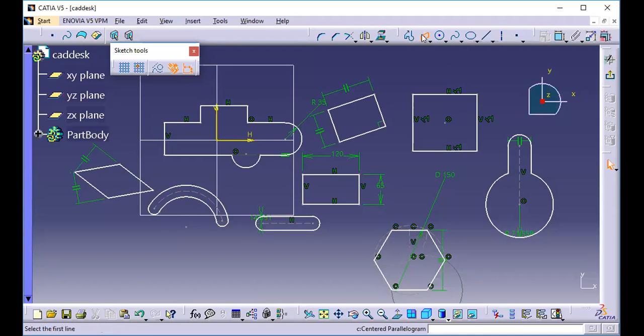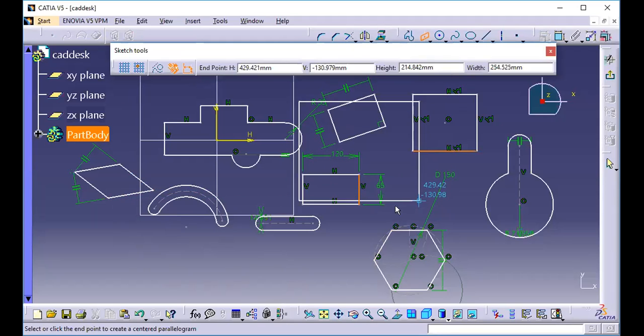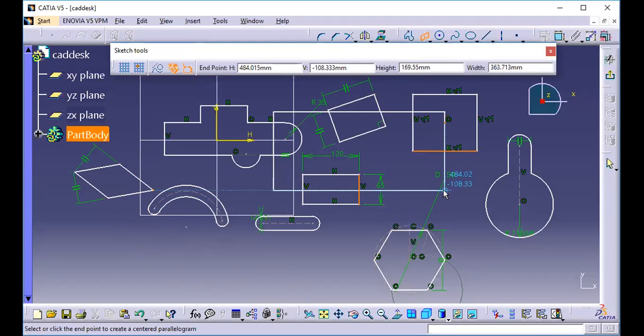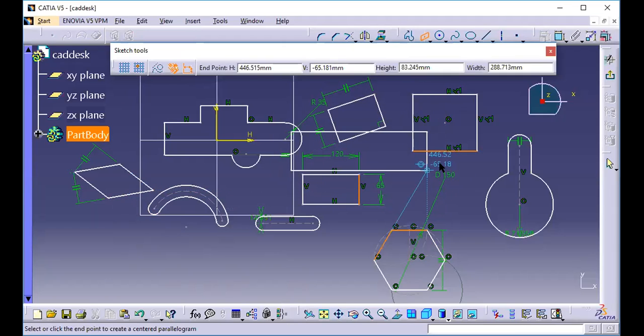I'm going to center parallelogram. Okay, let me draw some lines here. Parallelogram, select the first line, then select the second line. See. By referring to these two lines, it will create a parallelogram like this.